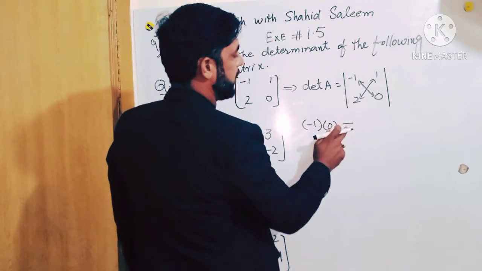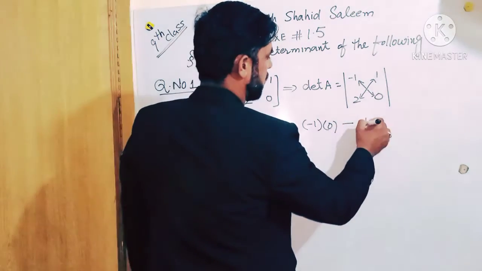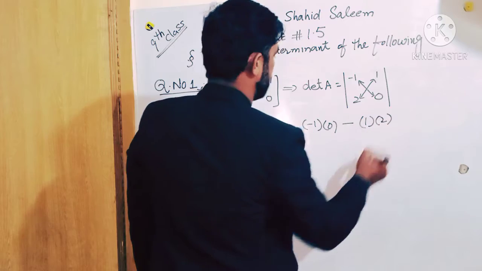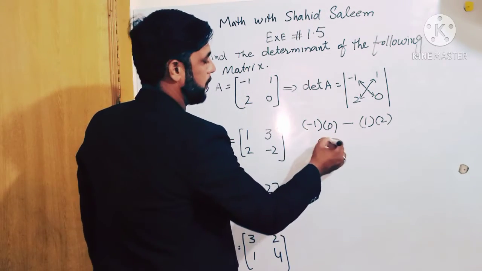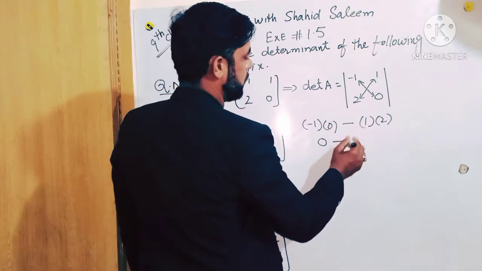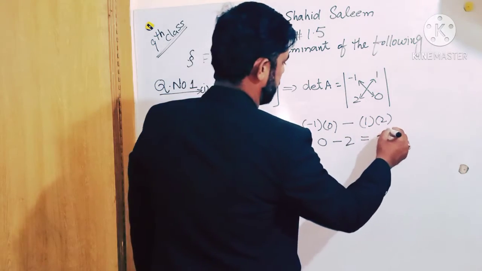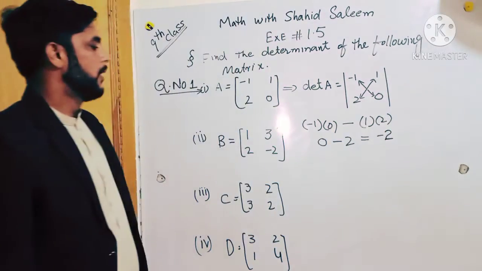Here we place a minus negative sign, and 1 into 2 is equal to 2, so 0 minus 2 is -2. Answer is -2. And also